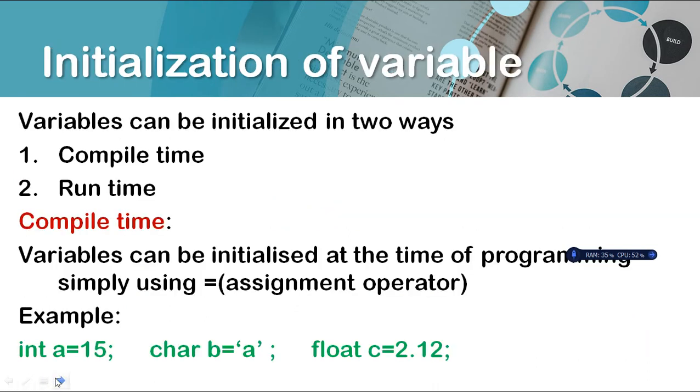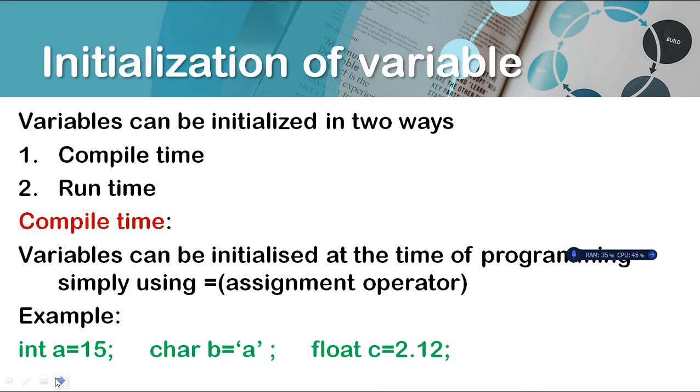So now we'll see how to initialize variables. Initialization of a variable is nothing but assigning a value to your variable. If I declare int a, int b, then I give c equals a plus b, what will be the values of a and b? How can I add these two variables? So after declaring your variables, you must initialize them to give them values. Initializing a variable can be done in two ways: one is compile time initialization and the second is runtime initialization.